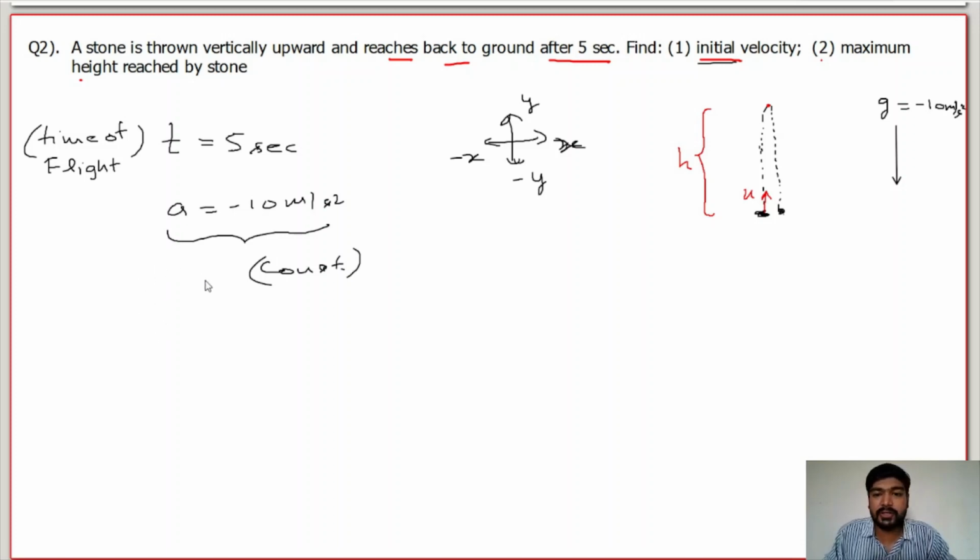As we know, the acceleration is constant, so we can apply the three equations of motion. But we have time and acceleration, and we want to find the initial velocity. Only these two things are given. But